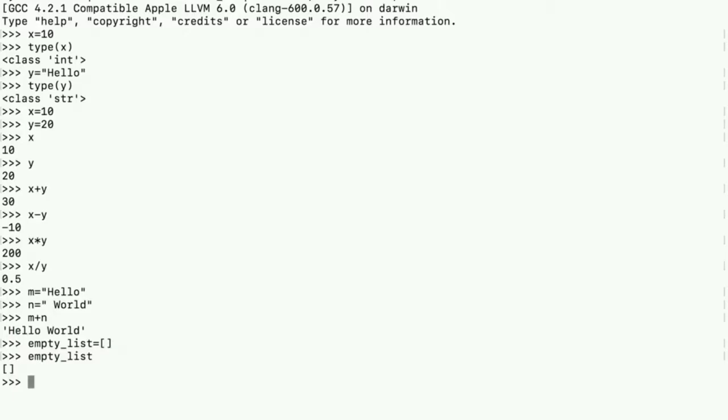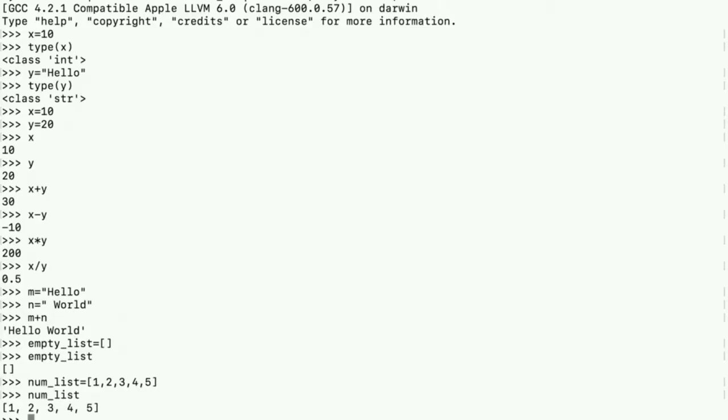So now let us have a list of numbers from 1 to 5. I'm going to name it numList is equal to open square brackets 1, 2, 3, 4, 5. If I say numList, it's going to give us 1, 2, 3, 4, 5.